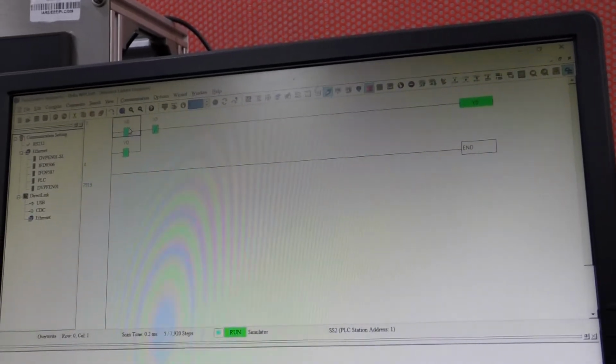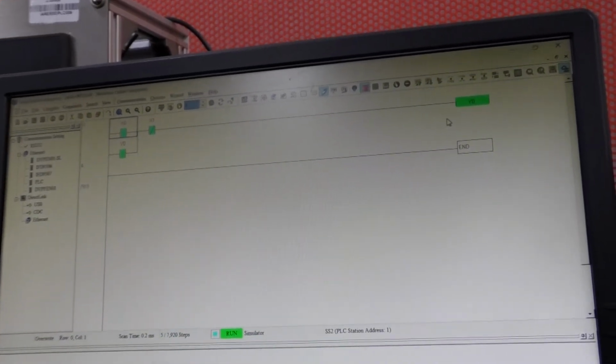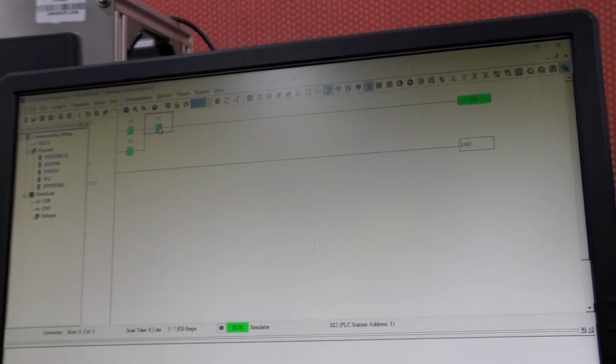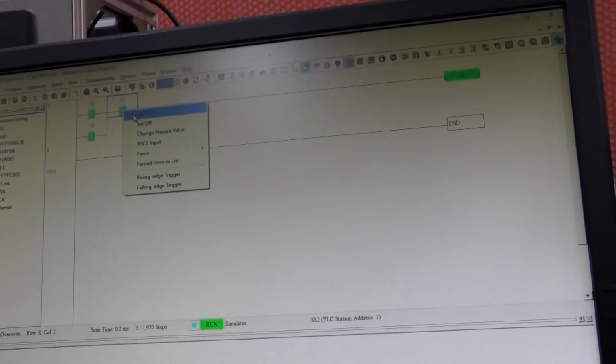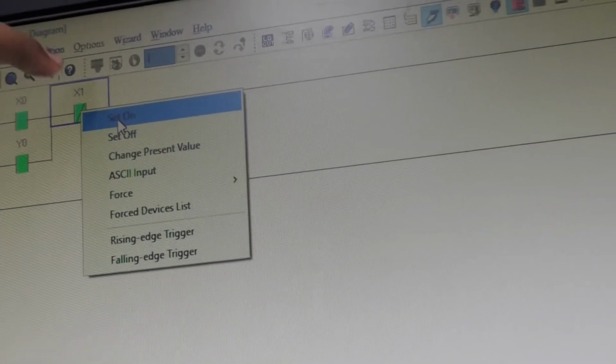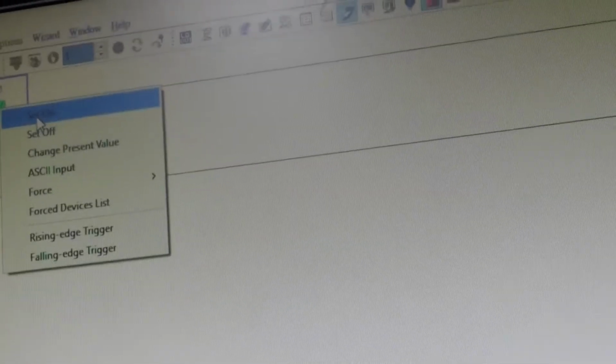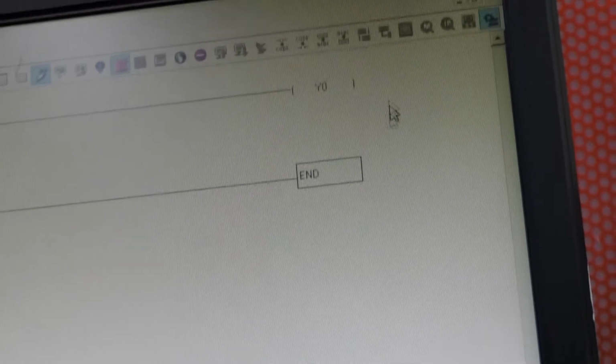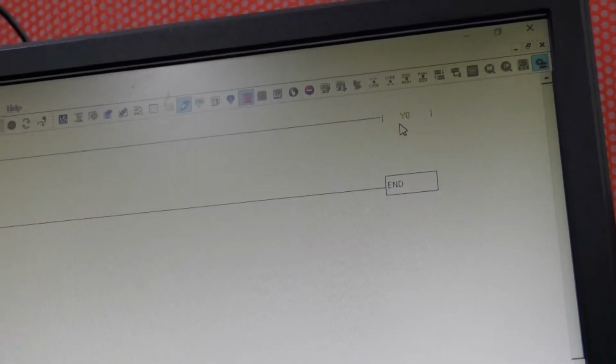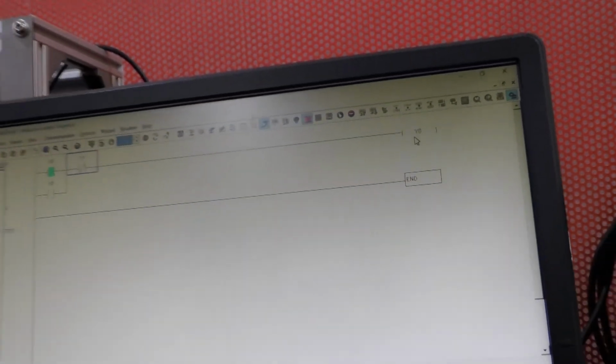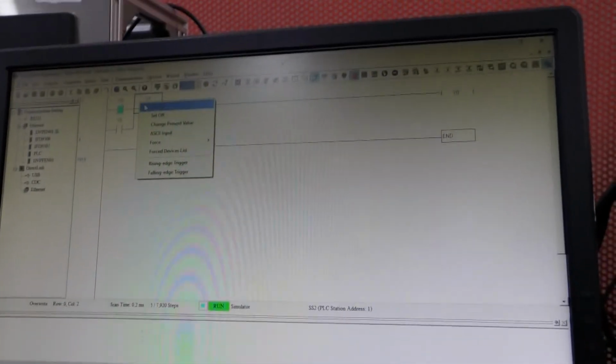So here X0 is a switch which is used to switch on the indicator. X1 is a switch which is used to switch off the indicator. So I'm switching on. It is very important: the normally closed contact, I have to switch on so that you will be getting output. So X1 is a switch which is to switch off the light, and X0 is a switch which is to switch on the light.